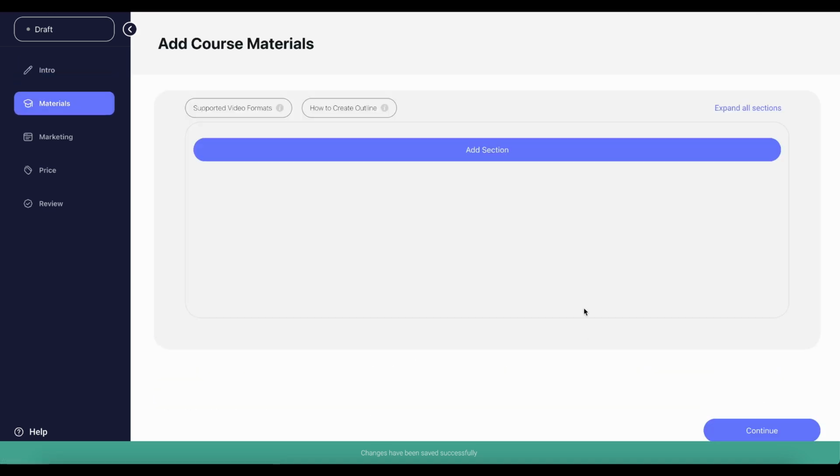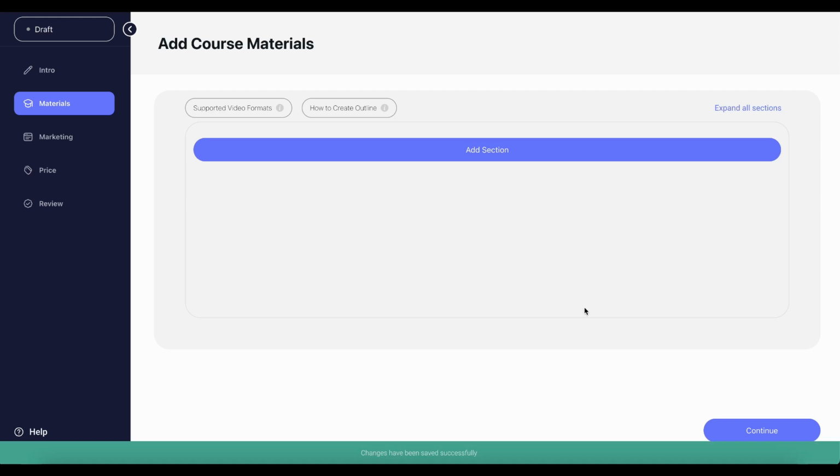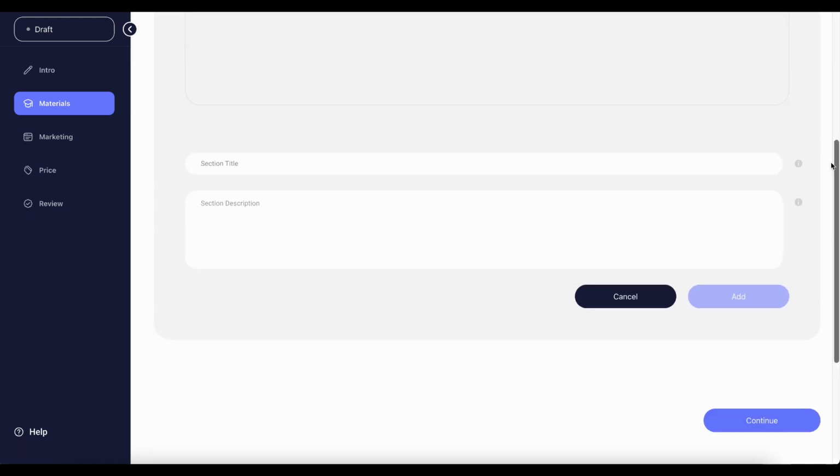This is where you will upload and manage your course content, including videos, PDFs, and other resources. The Materials section in the course creation process allows you to upload and organize all the resources and content for your course. This includes lecture notes, readings, assignments, and multimedia elements. Here you can click on the Add section to create a new section of your course lectures by defining the